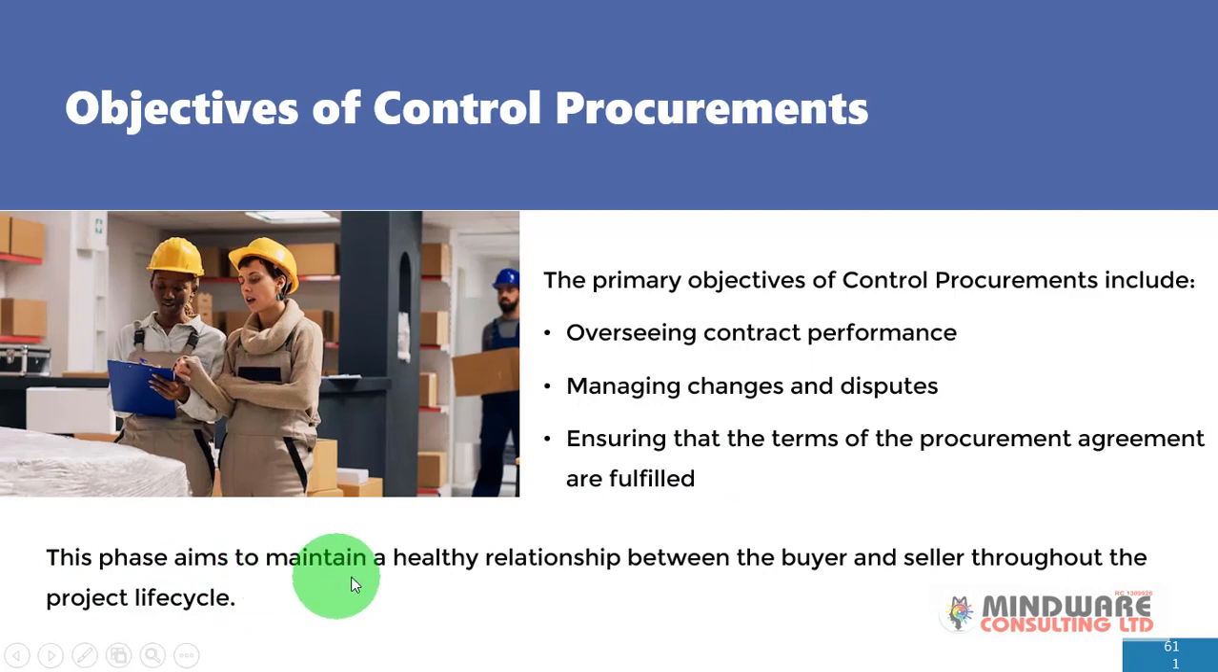Now this phase aims to maintain a healthy relationship between the buyer, which is the project team at this time, and the seller, the contractor, throughout the project life cycle. Now procurement is something that takes place throughout the project life cycle. The procurement relationship is going to go on throughout the life cycle of the project, so it has to be properly managed to ensure that everyone keeps to the agreed terms and conditions. So moving on,